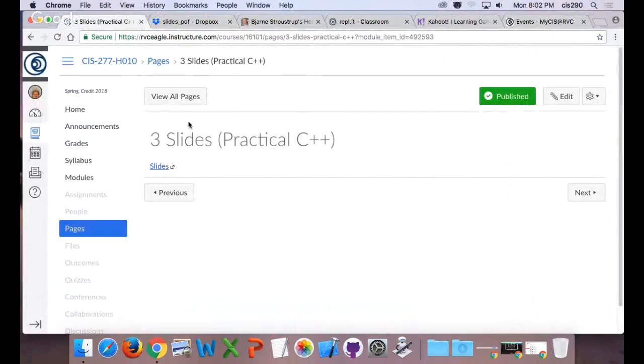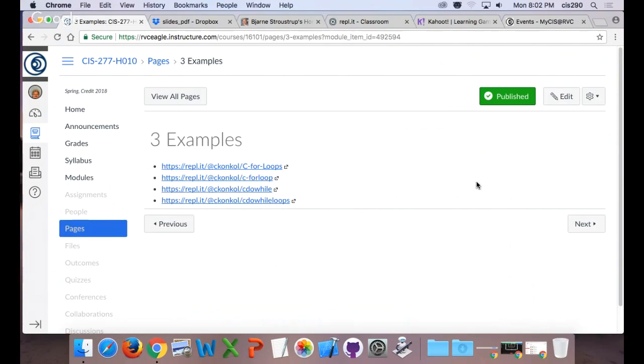Now I want us to look at, because we have a lot to do here as far as in-class stuff. I have 4 examples, if you'll go to that page in the week 3 module. We have 2 for loops and 2 do while loops. Each one of these examples we will look at, and then I'll have you modify it, and I'll walk around to make sure you get it.